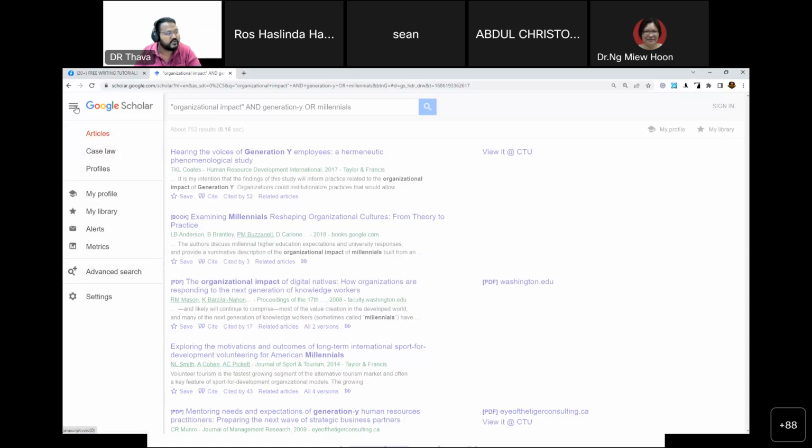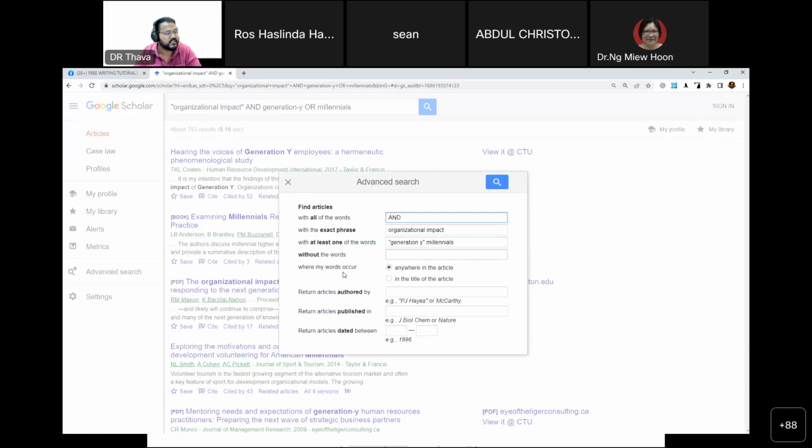Okay, Google Scholar, click the burger button. This is known as burger button. Burger Ramli, this one. So you click this, you go down, you click advanced search. Okay, here you can use all these options. With all of the words, see, AND is actually not working as Boolean, because that is why it's sitting here. If I remove this, it will still give me the same result.